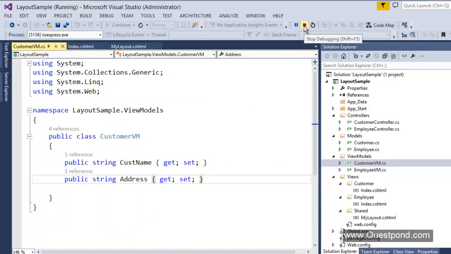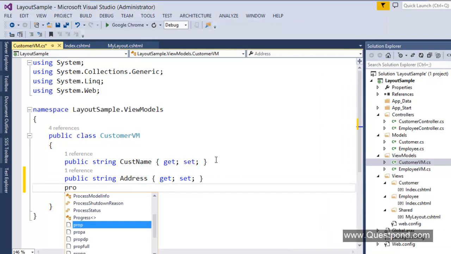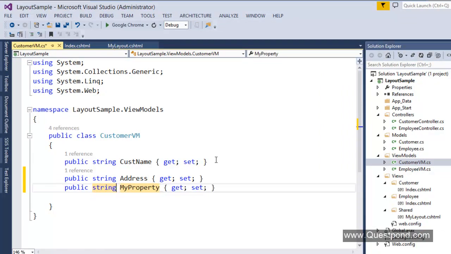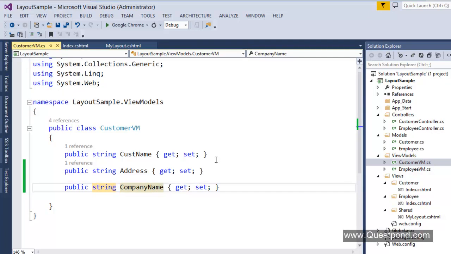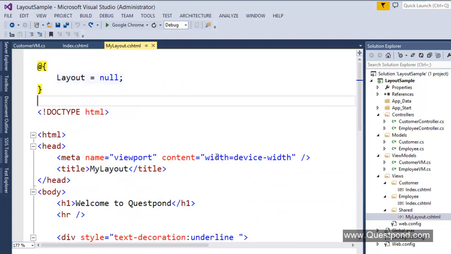Definitely first of all stop the execution and create a new property inside view model class and name it company name. So string company name. Step number 1, simply add whatever data is required inside layout view in your view model.